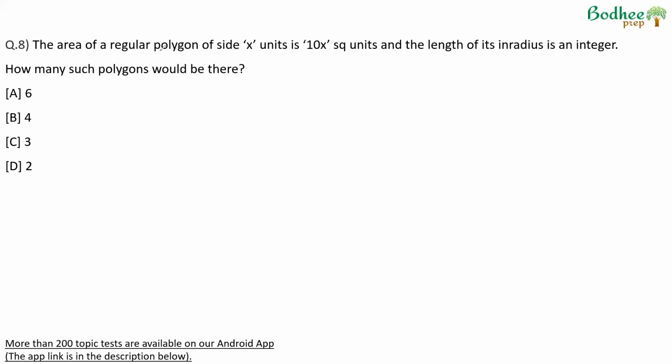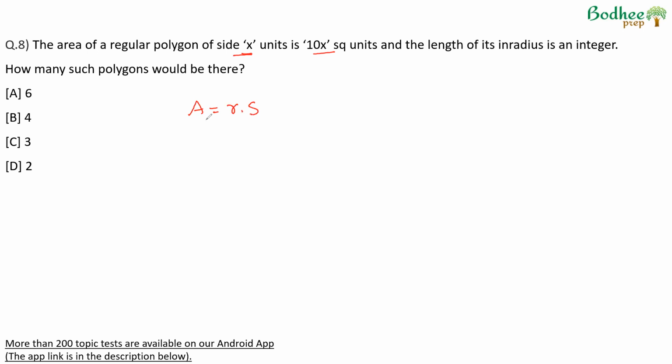The area of a regular polygon of side x units is 10x square units, and the length of the inradius is an integer. How many such polygons would be there? So here, we know that the area of a polygon is nothing but